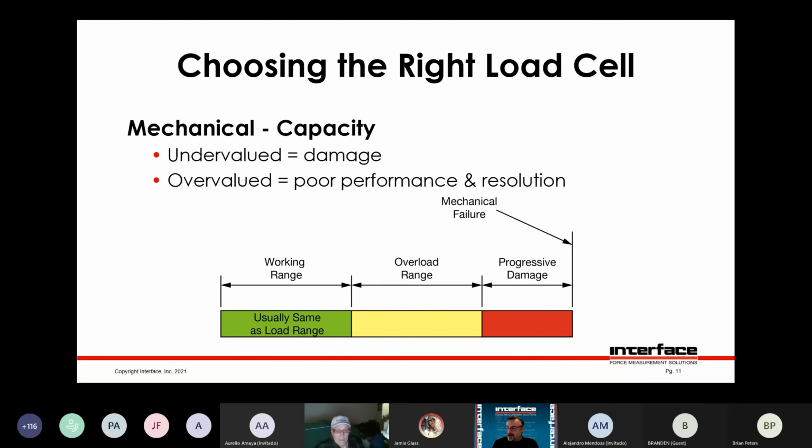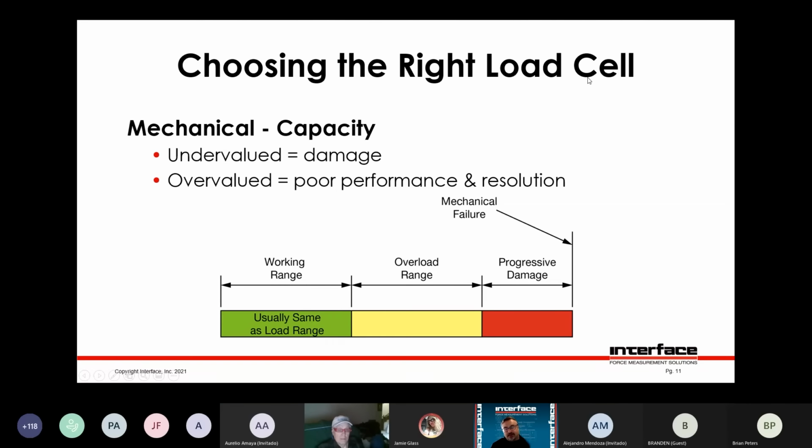Also has to be low enough capacity so that it can measure accurately enough for the application. So say you have a 1,000-pound load cell. It may not be the best load cell if you try to measure 10 pounds, but if you also know that sometimes accidentally the system goes up to 1,500 pounds, well, that may be the load cell you need to survive that application. Now, you could also consider something with overload protection, which allows you to get a smaller load cell, say 100 pounds, but it's protected for those occasional spikes way above that.